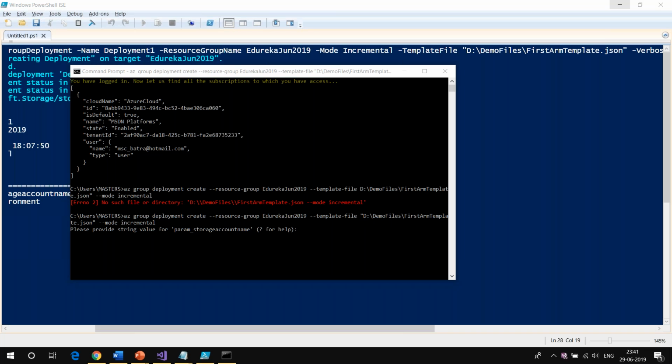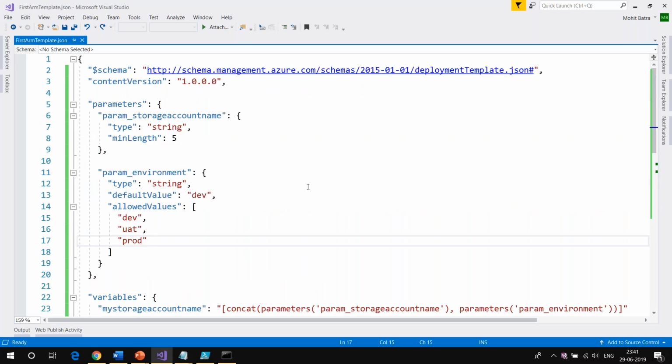And Sohail is saying, I am new to JSON and ARM templates. So Sohail, even if you are new to JSON ARM templates, of course you are new, it's a pretty simple format. Guys, if you don't want to create all these things manually, of course you can go back to the portal.